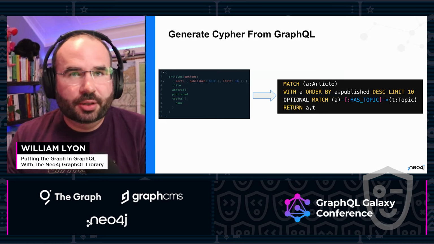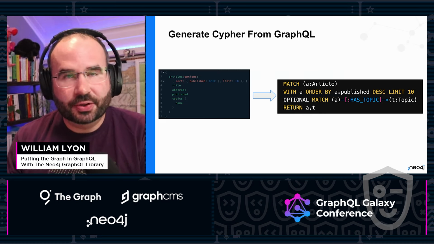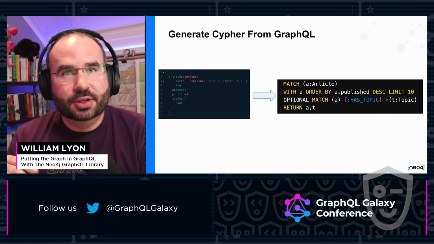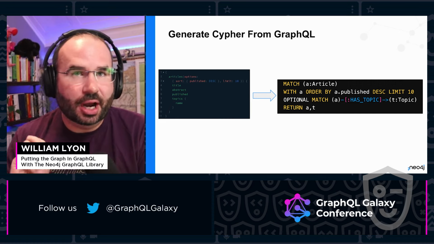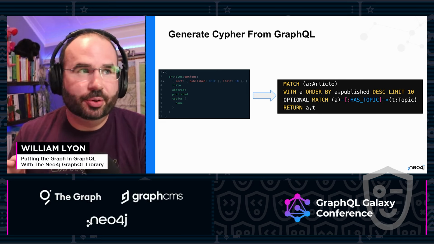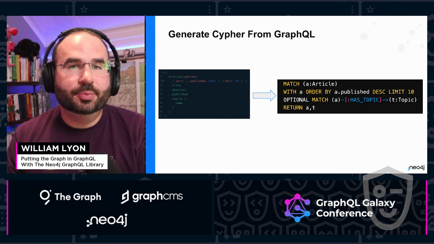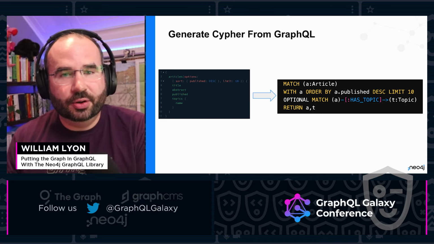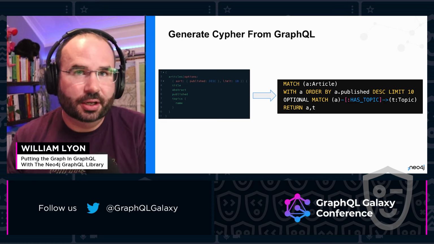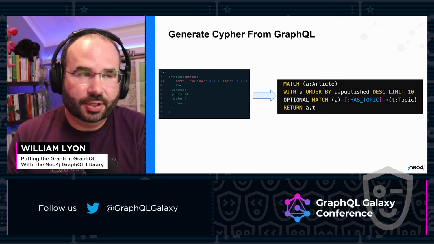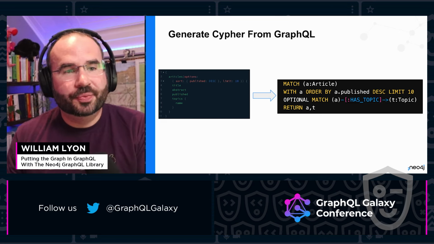Now, one of the really powerful features of the Neo4j GraphQL library is generating database queries. What this means is that for any arbitrary GraphQL request, a single database query is generated by the library. So as a developer, I don't need to implement resolvers. I simply need to define my type definitions, and then the library will generate a single database query at query time. And this is great for developer productivity because I don't have to build these resolvers, but also for performance,